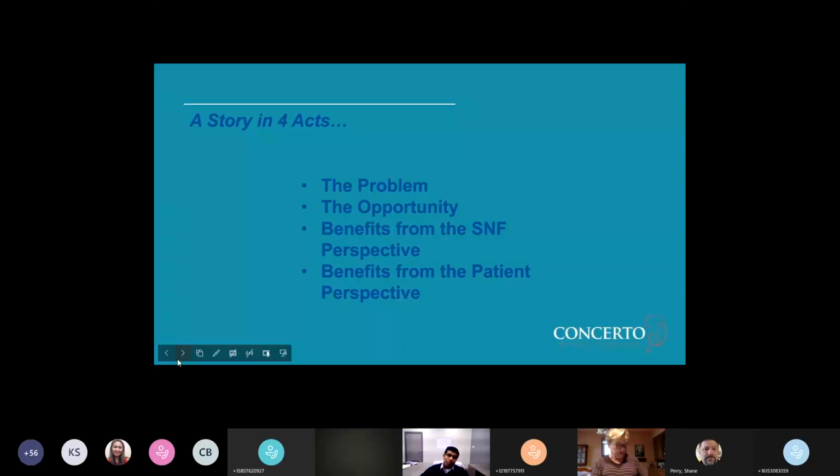And then I'll spend a lot of time on discussing the benefits of having dialysis in the SNF, the benefits to the SNF and to the patient. So I'll spend a lot of time on that. So next slide,